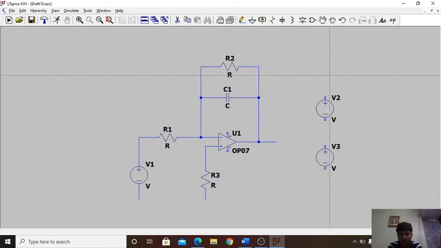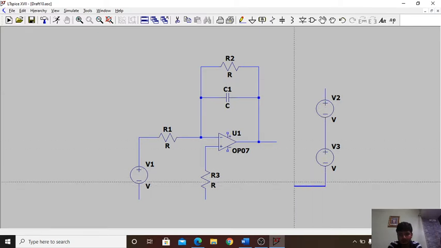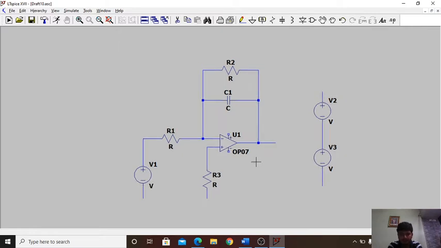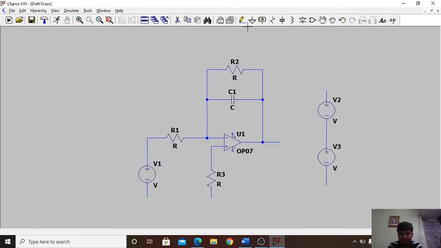We'll also connect these two DC power supplies. Press escape. Now I'll place the ground in the circuit, so click on the ground option. The common terminal of the DC power supplies will be grounded.